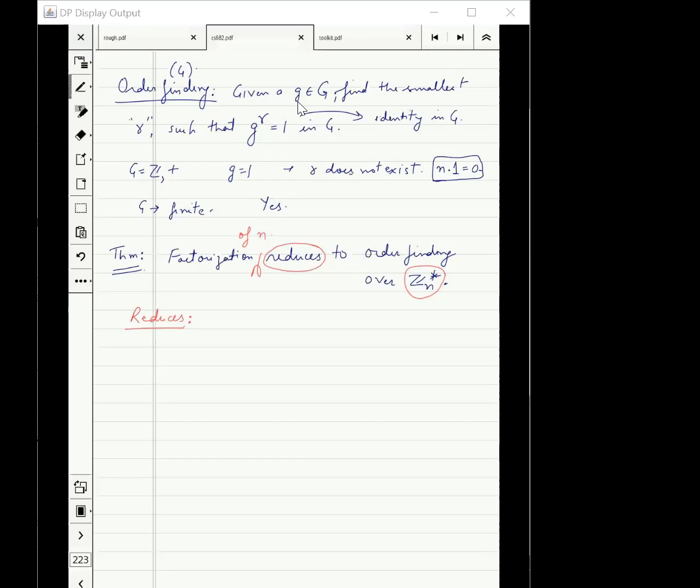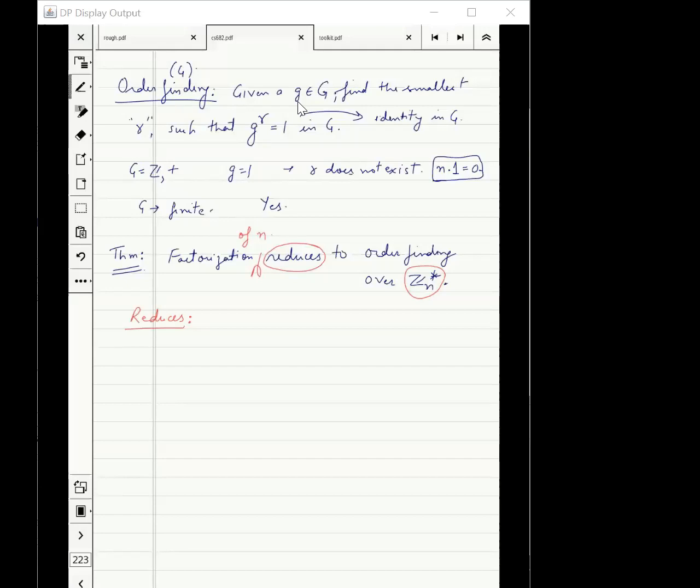Any other guesses? Polynomial time reducible to order finding, like if we are able to reduce the problem of factorization to order finding, so that if we can solve order finding, then we automatically solve factorization also, and it will take polynomial time only for the reduction. Okay, very good. Thanks. Let's remove "reduces" wherever Ronak said "reduced", but the rest of the statement is completely the definition.